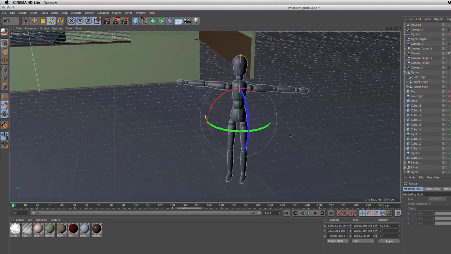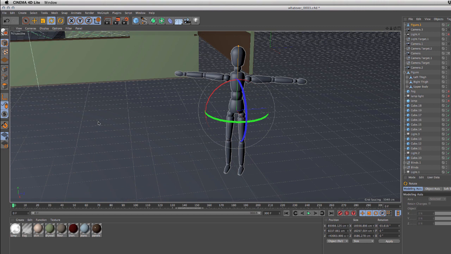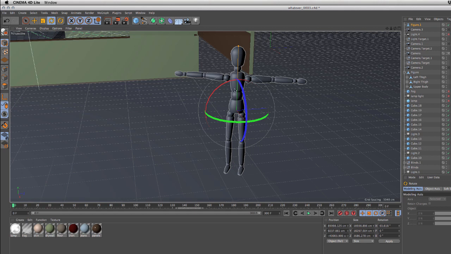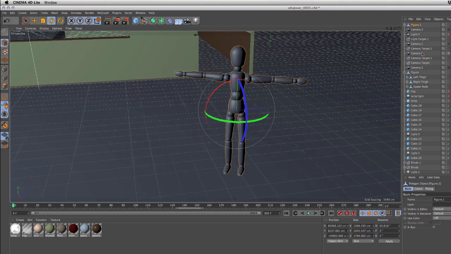Zoom in a little bit. Okay, so you need to make your figure editable. There are a couple of ways you can do that. You can hit this button here, which says make editable, or you can see the shortcut is C. So I'm just going to hit the C key. Now he's editable. And you'll see that the figure changed from being a single object to being all its individual